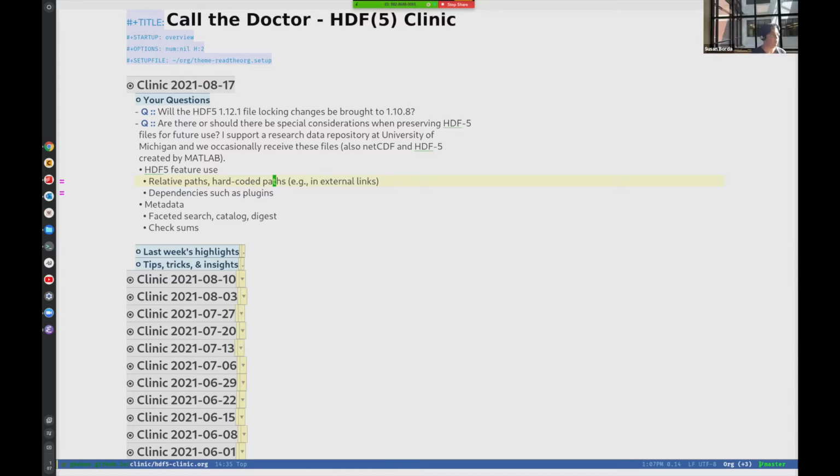dependencies on plugins. Some people, for example, use compression filters, and these compression filters are just shared libraries, DLLs in Windows and .so files, for example, in Linux or Unix.